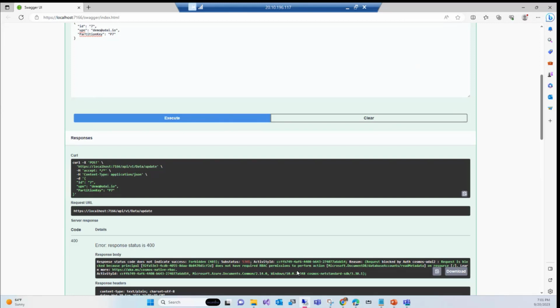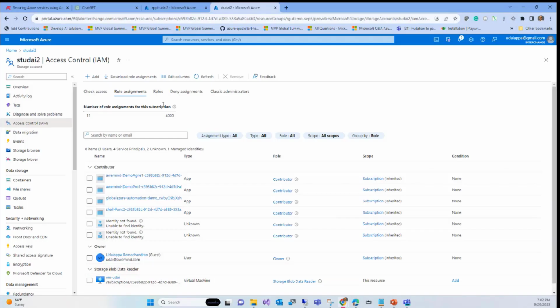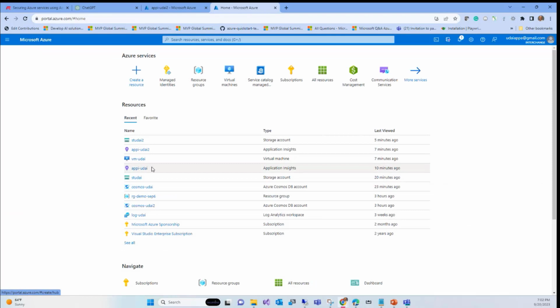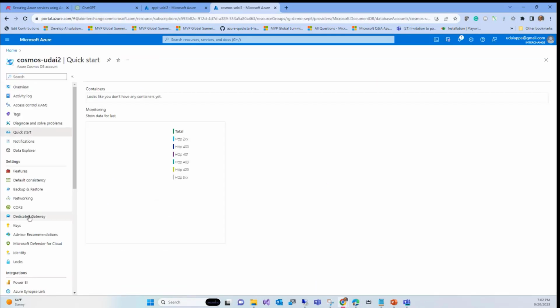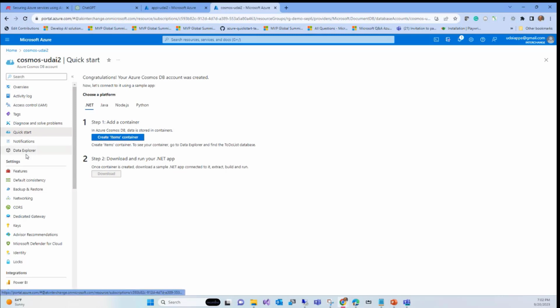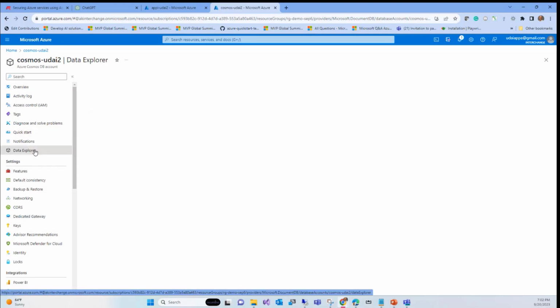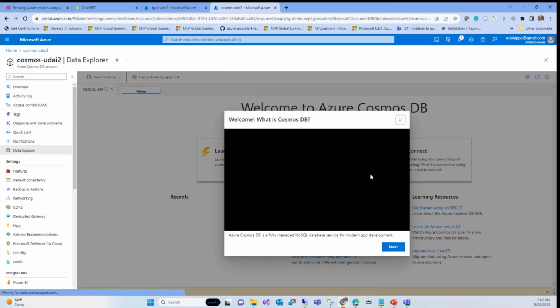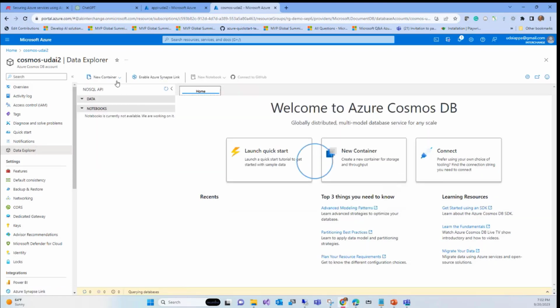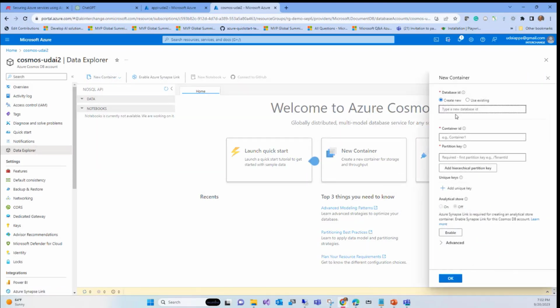Okay, but now how can you enable that? So now we're going to go back to the service here, home, which we are using right now, Cosmos Udai 2. So you go there. I just need to fix it first, right? So I have the Cosmos account, but technically there is nothing in this. So I'm going to create something called AK containers. And then I'm going to call something called users, and I'll tell you why these names are hard-coded.